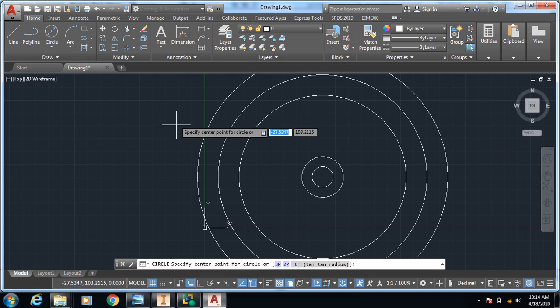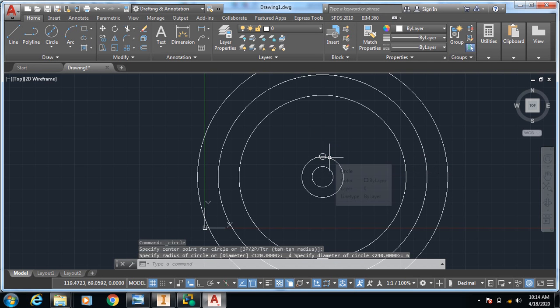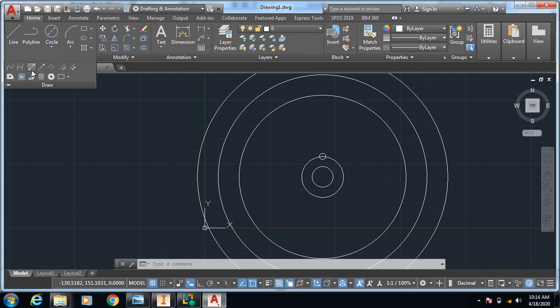Let's make another circle at this point. Circle diameter will be 6. Okay. For better understanding, take a construction line.